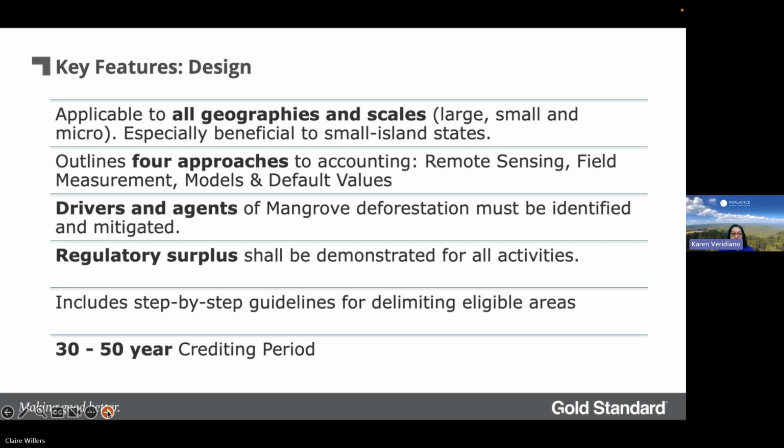So another thing that's fairly unique to this methodology is that it has 4 different approaches when it comes to accounting. So we have the remote sensing, field measurement, models, and default values. There's also a very specific description of the different 4 approaches, but I would like to highlight, at least within this slide, that this is one of the innovations that we had to include in this methodology, because we want to also enhance transparency and also try to be cost effective when it comes to the succeeding verification events of